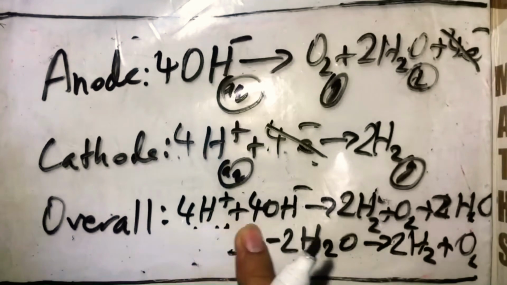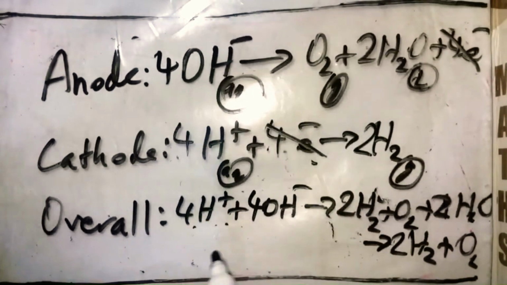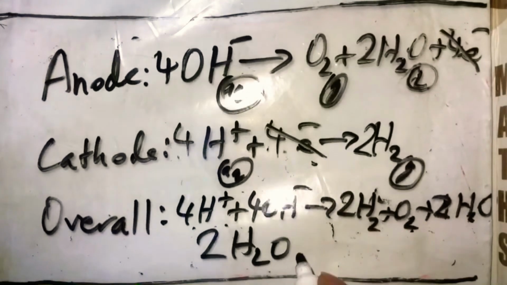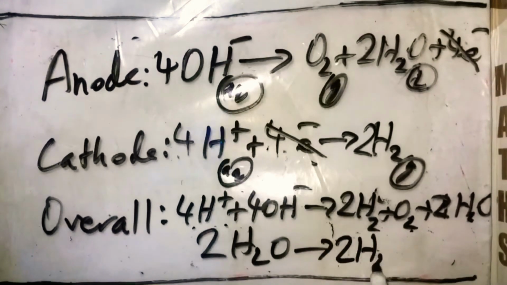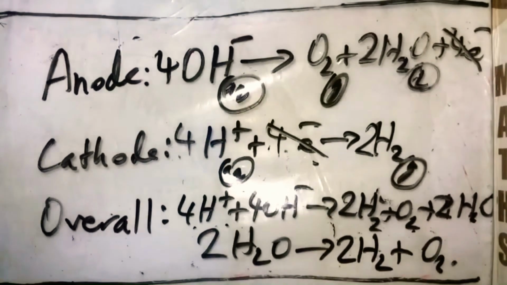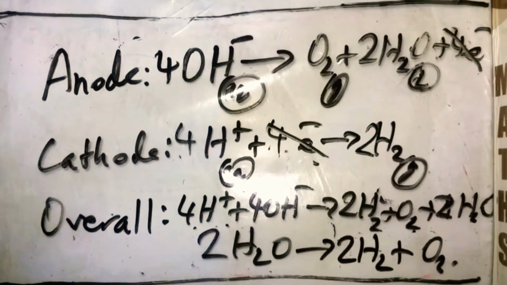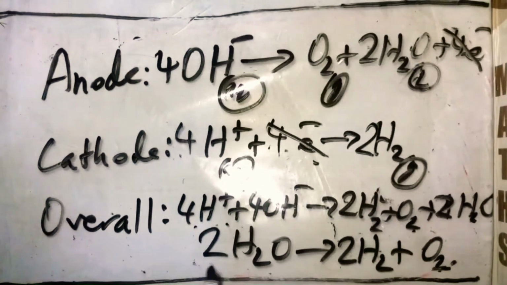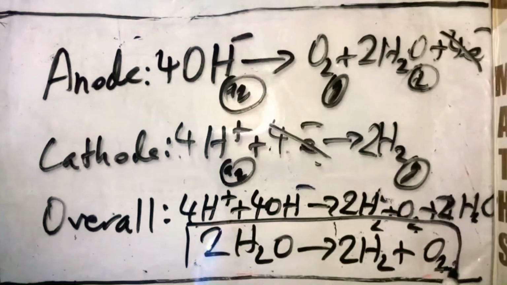This can also be written as 2H2O producing 2H2 plus O2. So in this electrolysis, 2 water molecules are broken into 2 hydrogen molecules and 1 oxygen molecule. Now this equation is the same for